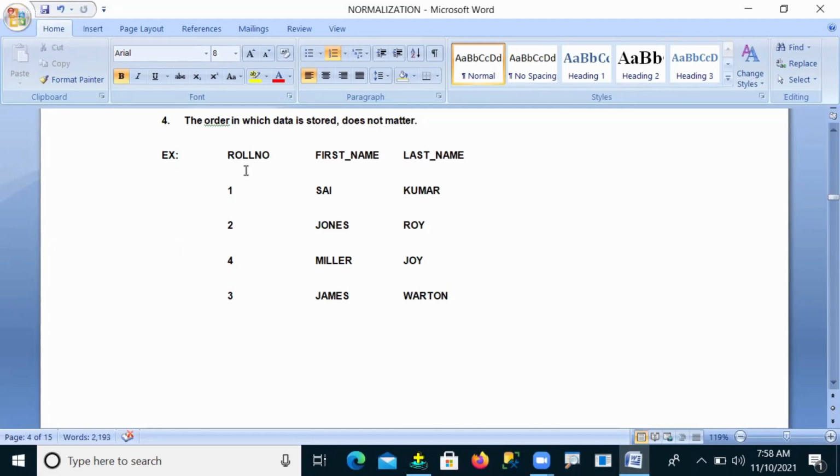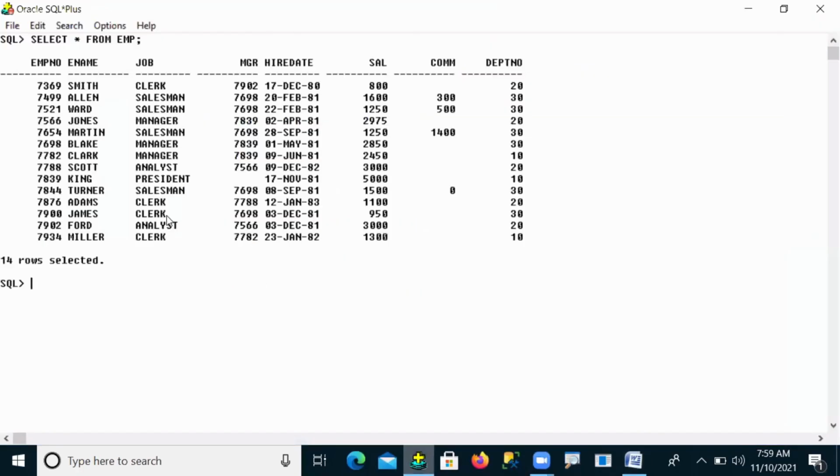It is not necessary to have the order 1, 2, 3, 4. That kind of restriction or condition is not there. So that's your wish; you can store your data in any order.